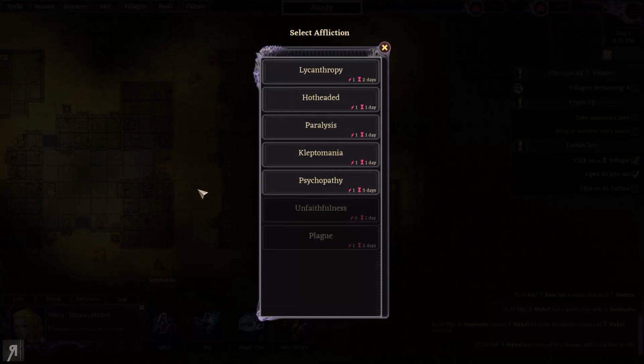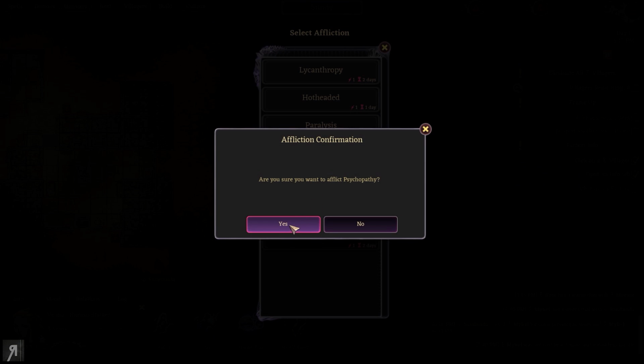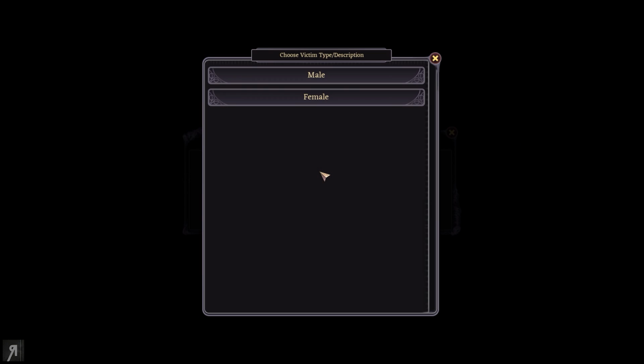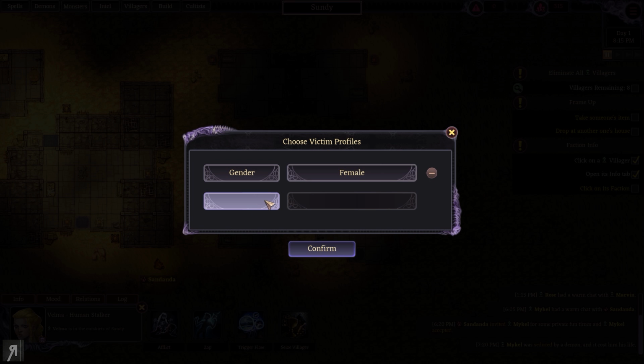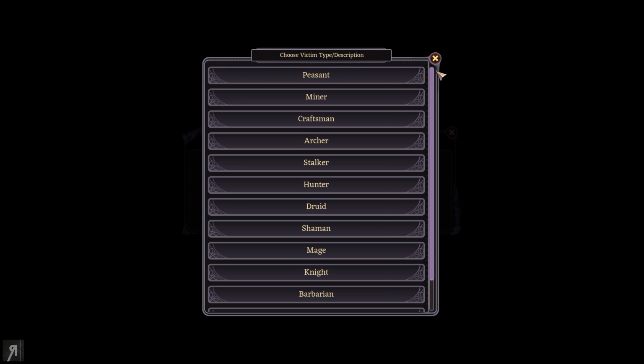And what we're going to do is we're going to afflict her with psychopathy, which turns a villager into a serial killer. And we're going to see whether we can do something about this. So we can choose the victim type and description as well, which is actually kind of amazing. So we are probably going to have her kill other women or men. That's the thing. I don't know. Because I wanted to kill Kara. I would like her to kill Kara if at all possible. So let's see whether we can do that. Hero? Can we literally... Wait a minute. Okay, so...